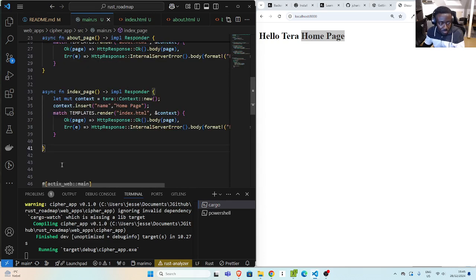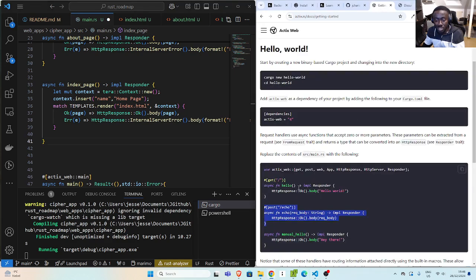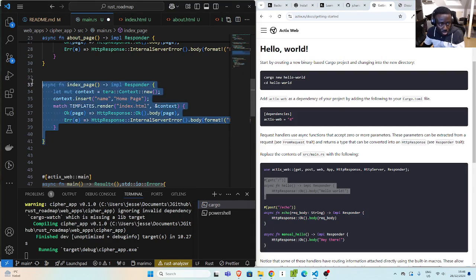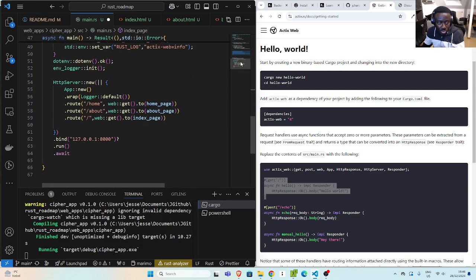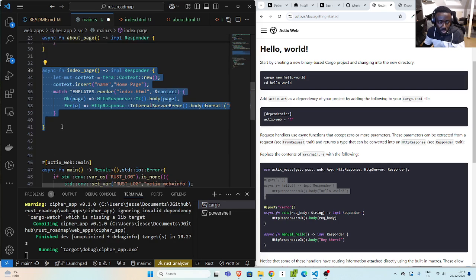So I'll go back here, and if you recall, we had this option here, right? So we have this type of approach. So this approach is good. You define a function that implements a responder, then you pass it through the route. You define it here. There is also another way using the service-based approach in which you're going to go back